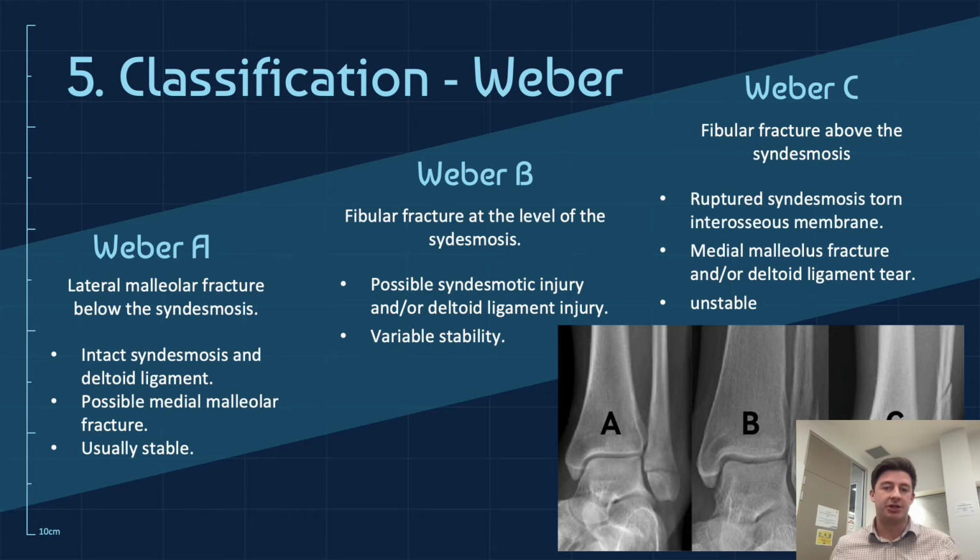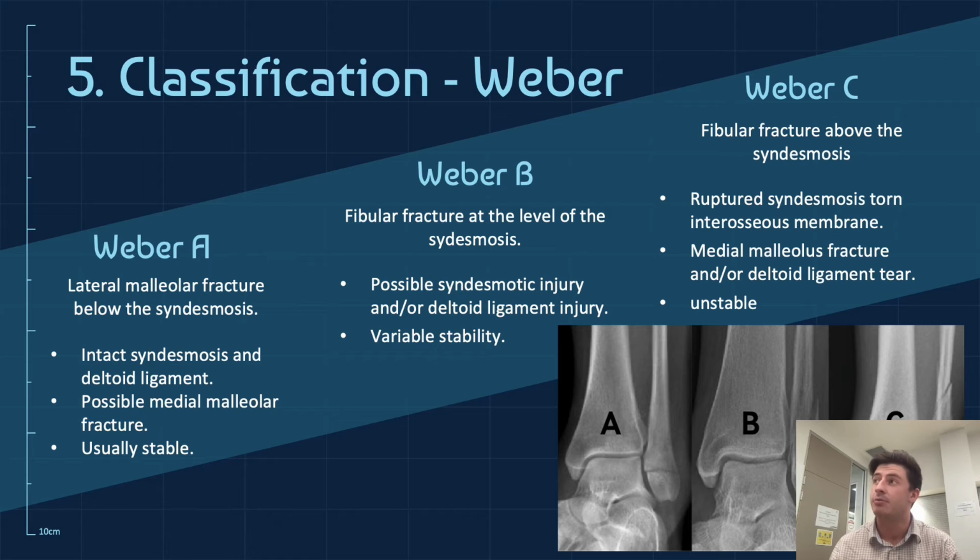So then classification of ankle fractures. The Weber system is generally used. So we've got Weber A, which is a lateral malleolar fracture below the syndesmosis. So you can see that in the image A. And general features seen, but these aren't exclusively seen, is an intact syndesmosis and deltoid ligament, possible medial malleolar fracture,